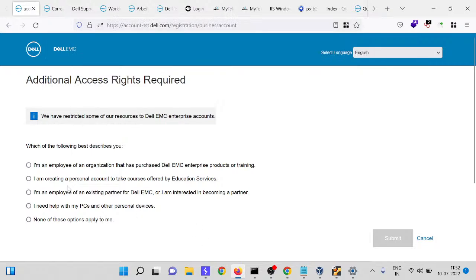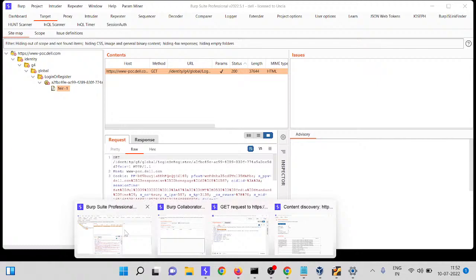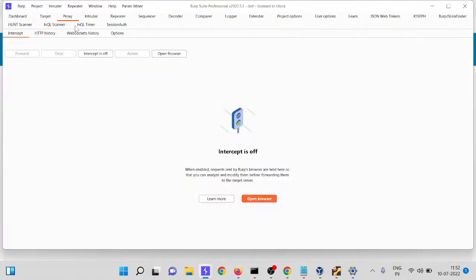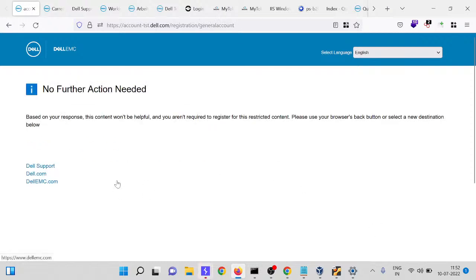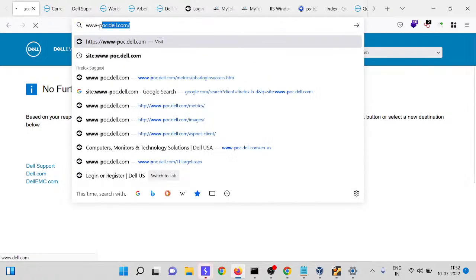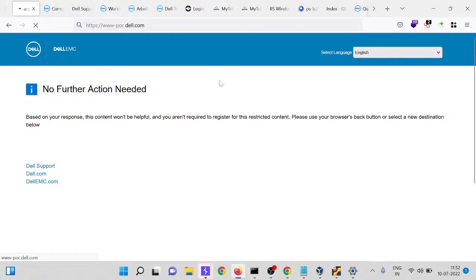So it will redirect me here. None of these apply to me. So we will check what is passed here. Proxy, we press apply, submit. Now we get